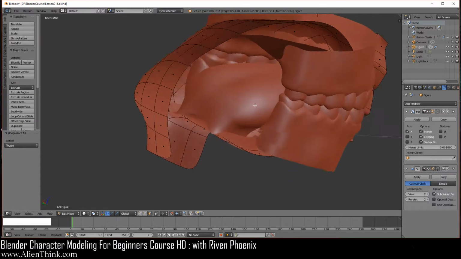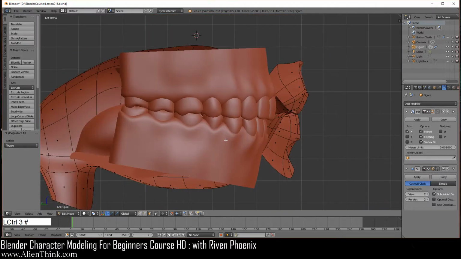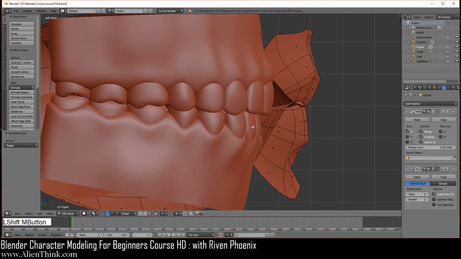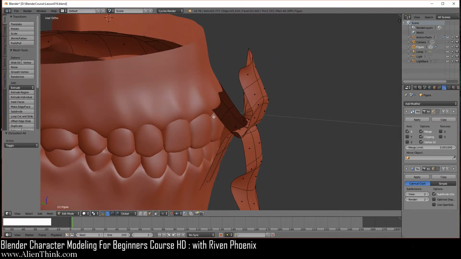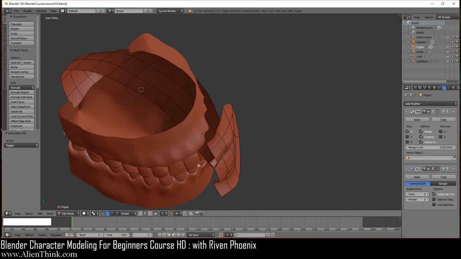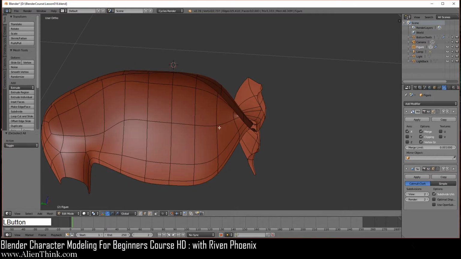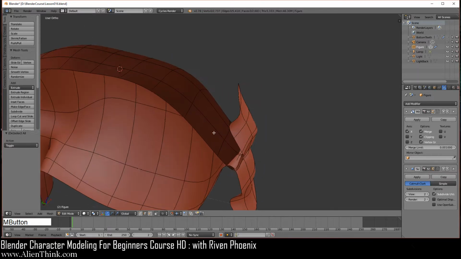Okay, so we have everything over here in place. I'm going to do Control 3, and what we want to do is actually click on the edge select mode, and what we're going to do now, we're going to have to actually hide the teeth over here so we can see what we're doing. Over here you're going to do Control R, add an edge, left click and then right click, then click on these two, get rid of this one.